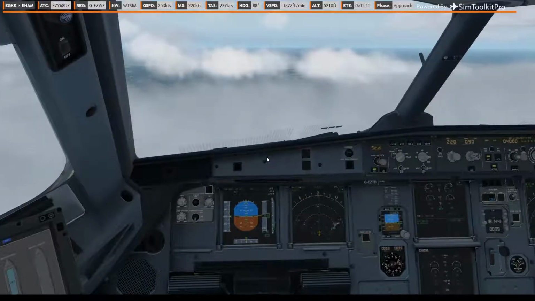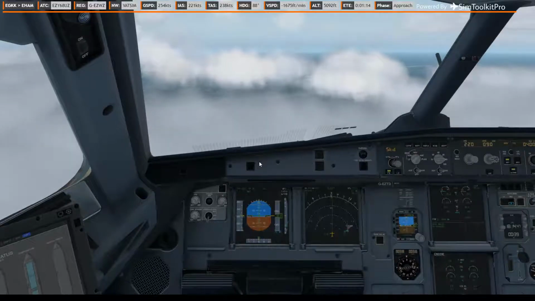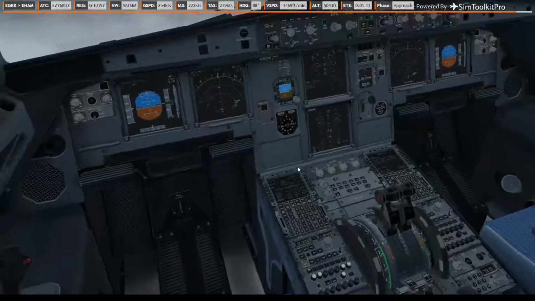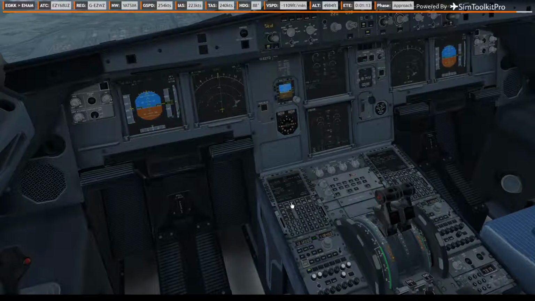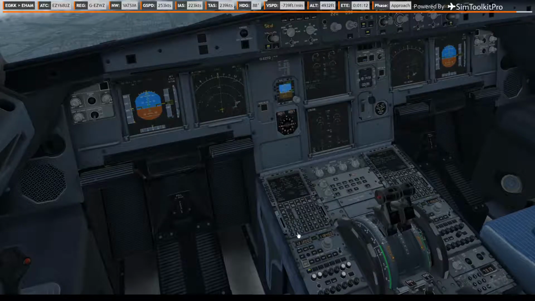required speed. Easy 6844, you can reduce now, speed 250 knots indicated. 250. I'm going to trust Carl's instinct of 50 feet, should really check it by